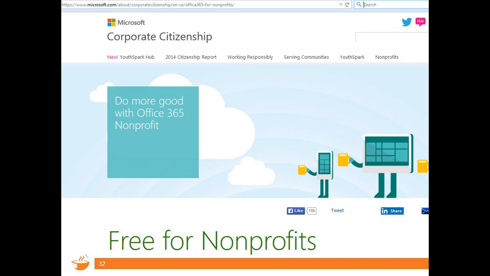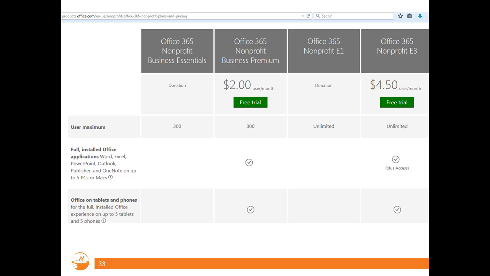Now I'll show the options here, because the difference in the options really comes from what you need it to do on your desktop and in the cloud. So really it has these 4 different options that you can see outlined here. Some are completely free, so there's no cost to the Nonprofit E1 or the Nonprofit Business Essentials versions. Those options are entirely cloud-based, but if you need to have installed Office applications, these 2 that have fees associated